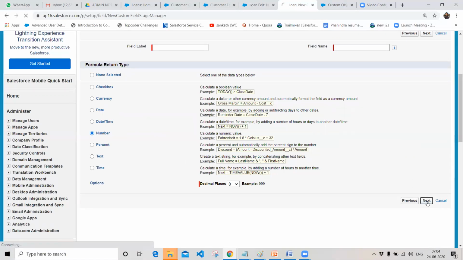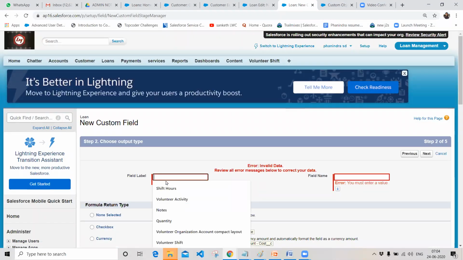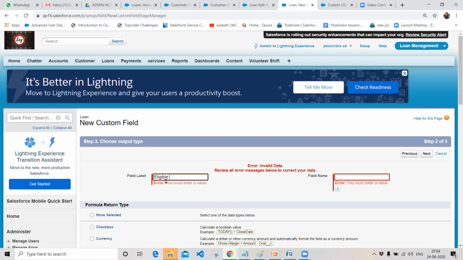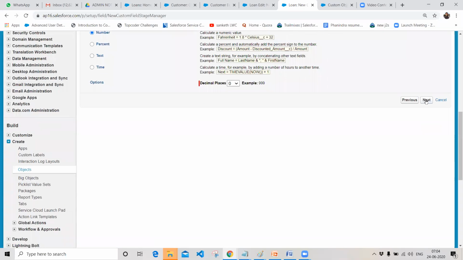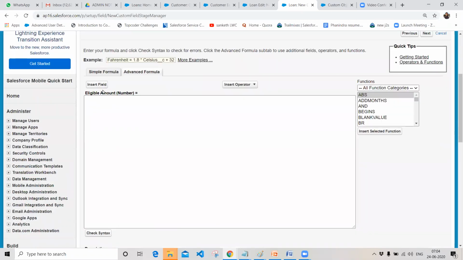Click on next. Okay, text field, and click on next. Executing these is a hectic task. Okay, fine. For the pick list values, I want to give the case value over here. Let's select it from the case.